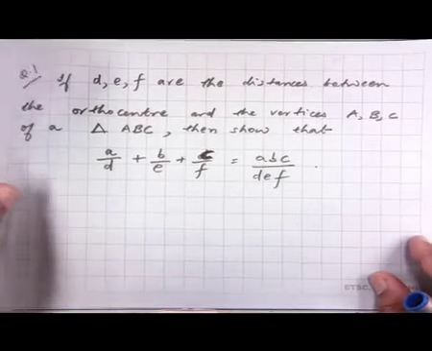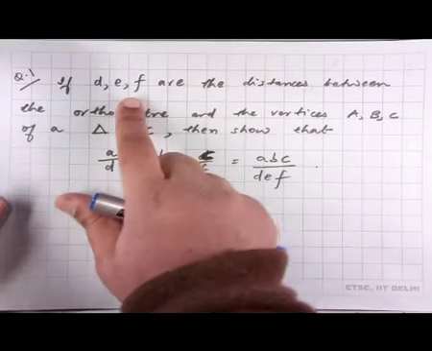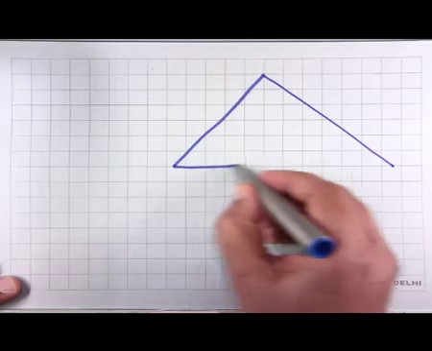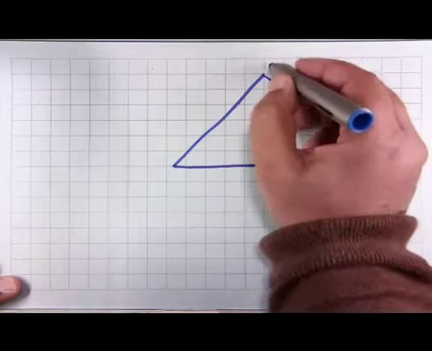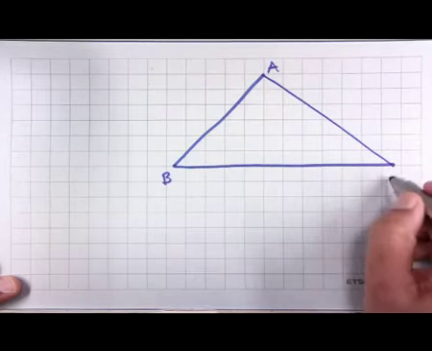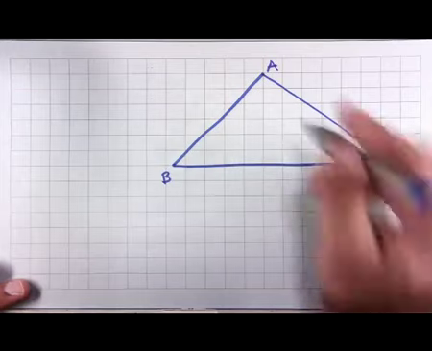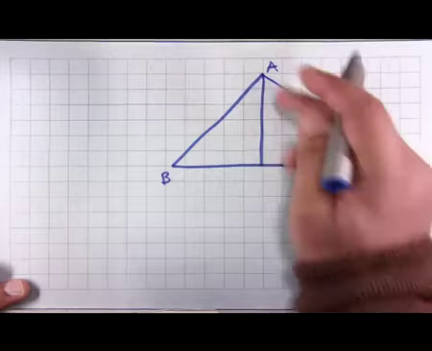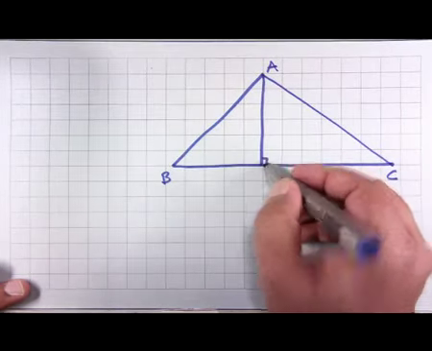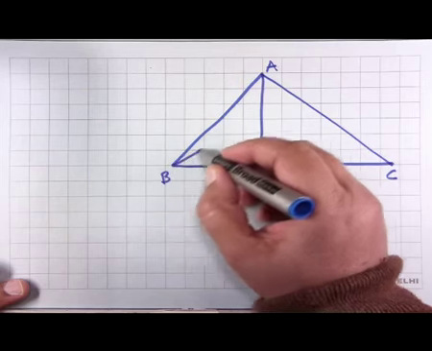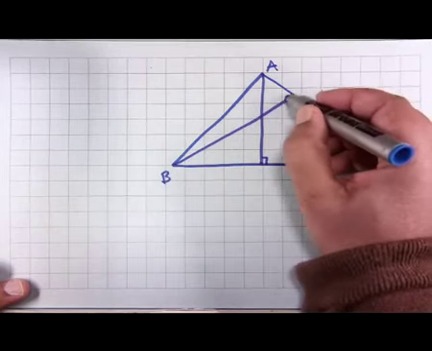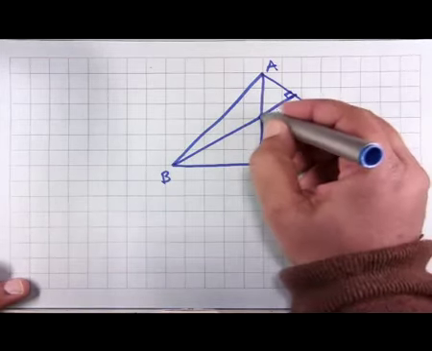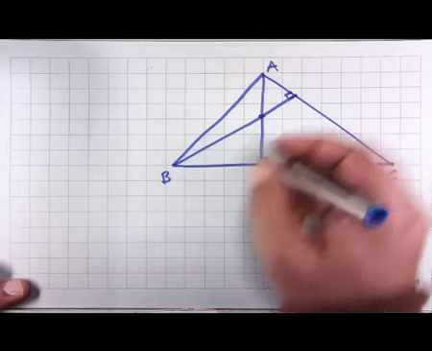So, let us draw the triangle ABC and let us try to show these distances in the next slide. So, let us suppose that this is our triangle ABC. Let us draw the orthocenter first. So, we firstly have a perpendicular from the vertex A to the opposite side BC, and then this is the other perpendicular from vertex B to the opposite side AC, and these two perpendiculars intersect at the